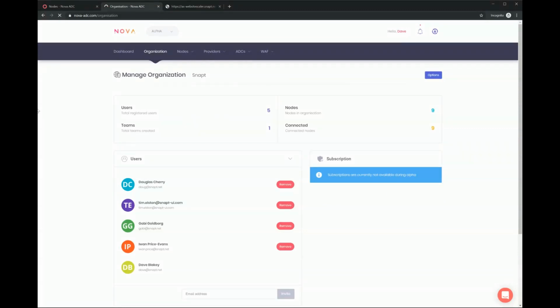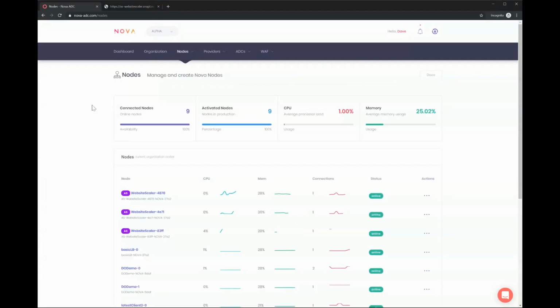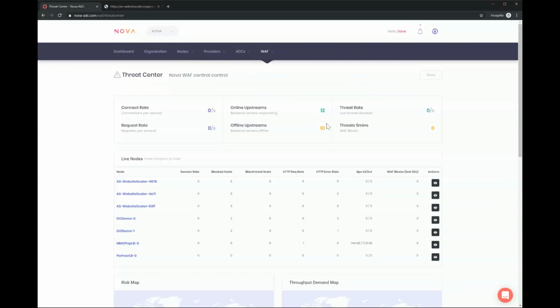And you can add multiple users here if you need. You have an organization and you can add as many users as you need to the account. And that's essentially how you deploy a node. In the most simple way, you set up a node like we did and you just attach an ADC. After that, you can get more complicated by having multi-clouds, multiple locations, destinations, routing them around the globe, autoscaling when you need it, the WAF, and monitoring your threats. But ultimately, it's quite easy and quick to install.